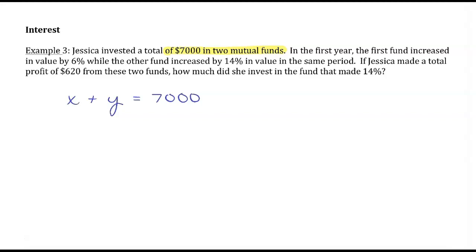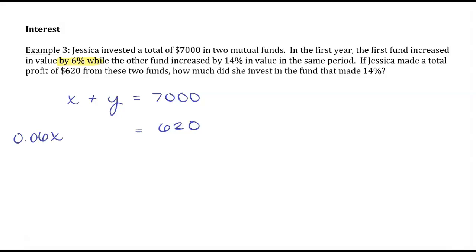Already, we have one of our linear equations. Now let's write another equation that represents how much profit she made from these 2 funds. We are told that she made a total of $620 from the 2 funds. So however much money she made from each of the funds, she made a total of $620. The first fund increased in value by 6%. So if she invested X dollars, she made 6% on those dollars. In decimal form, that's 0.06 times X for the amount of money she made in the first account. The second fund increased by 14%. So if she put Y dollars into that account,